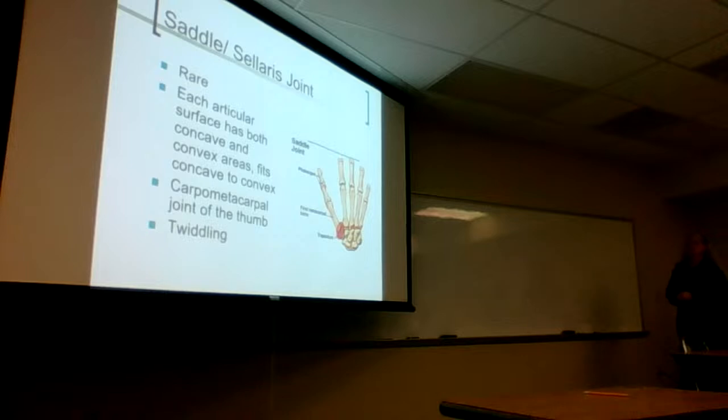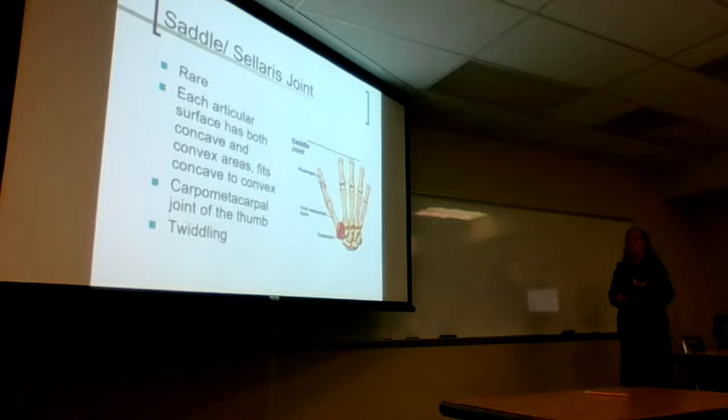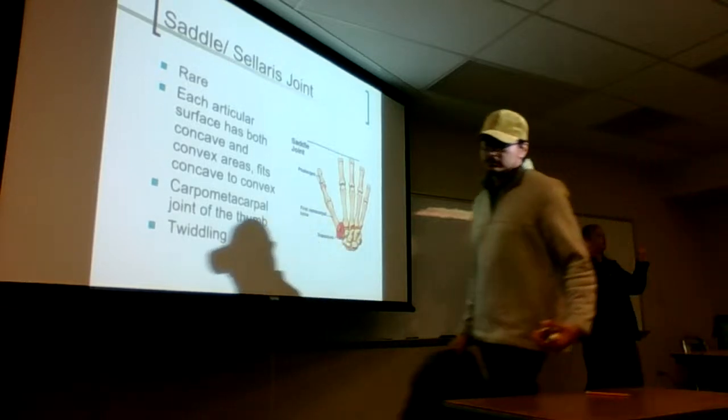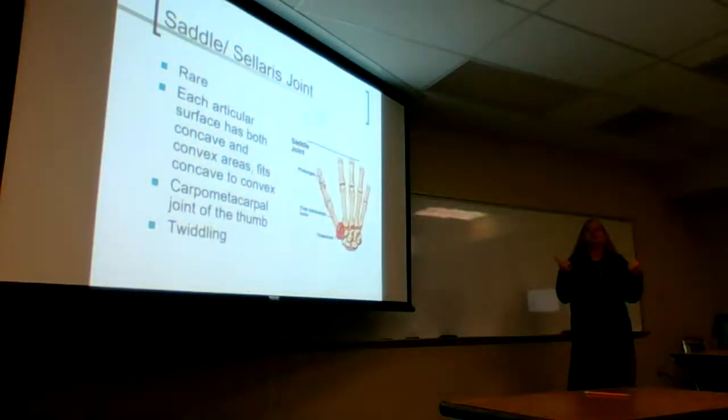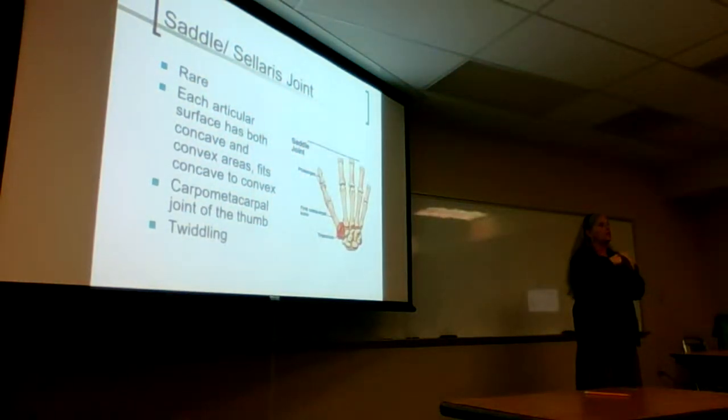Saddle joint or sellaris joint. Sellaris is just Latin for saddle. So these are rare. We've got two of them. Okay. So each articular surface has a concave and a convex, and they fit into a concave convex on the other